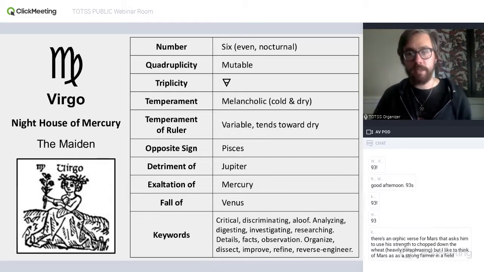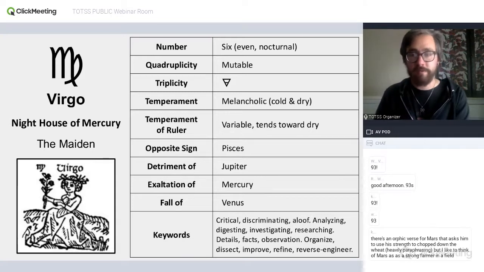But in some of the systems of what are called Melothesia and medical astrology, Virgo is often thought to rule the digestion and the bowels. So we get some of that literal digestion connected to Virgo as well. But it's also nice in just a metaphorical sense of digesting information, as opposed to the Gemini mode of multiplying information. Virgo's processing information and refining.